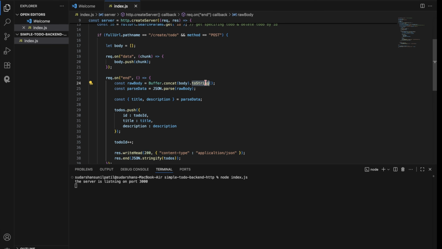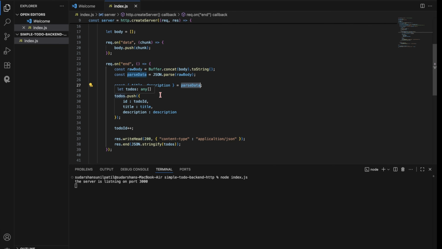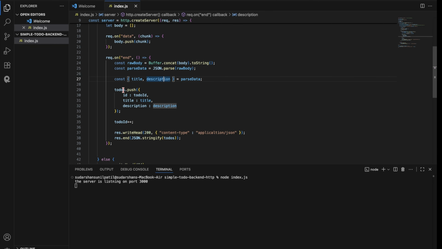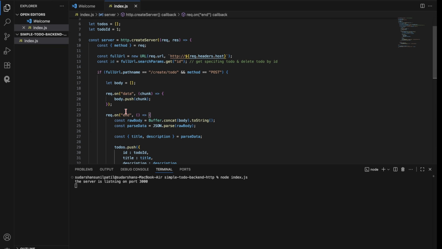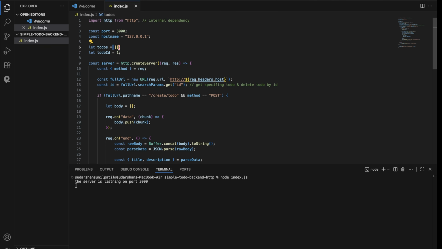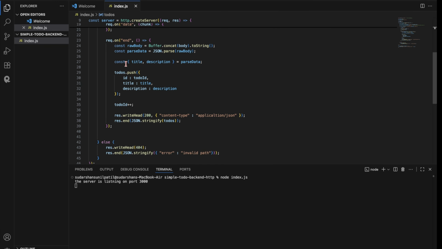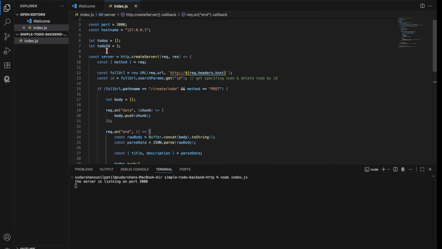It converts into a string. This is the raw body. We have to parse that body into JSON format, and then we destructure title and description from the parsed data. When we get title and description, we push that data into the to-dos array, which is empty. Then we increase the todo ID, which is this,